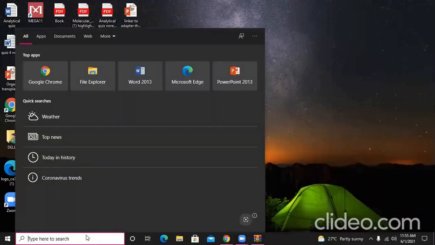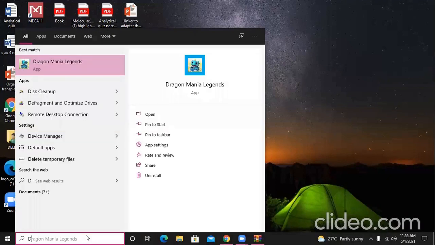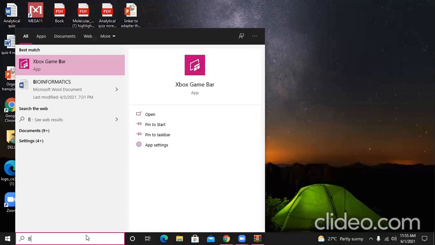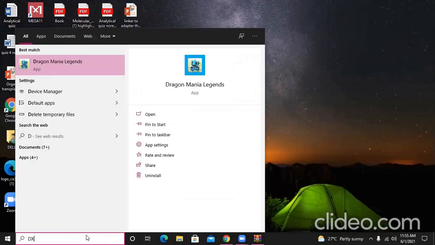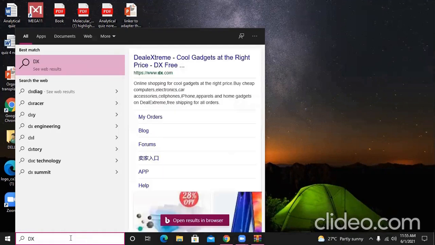करें, DXDIAG लिखें, D for dog, D X DIAG। हाँ, ये ऊपर आ गया, एग्जैक्टली। क्लिक करें इसको,